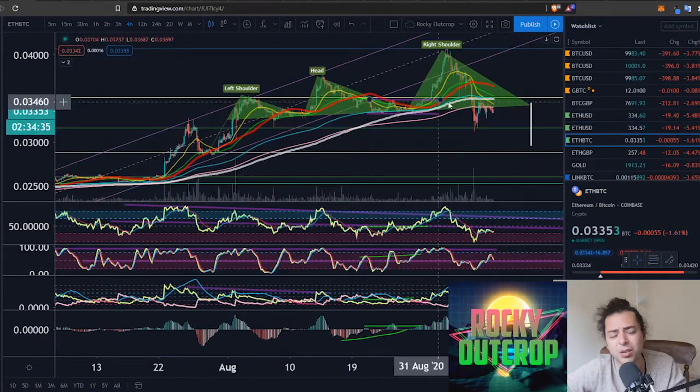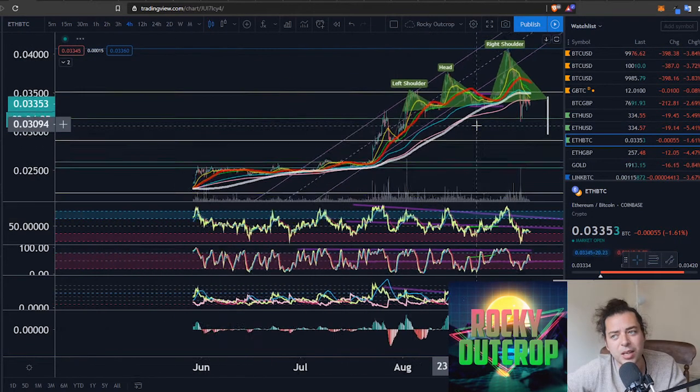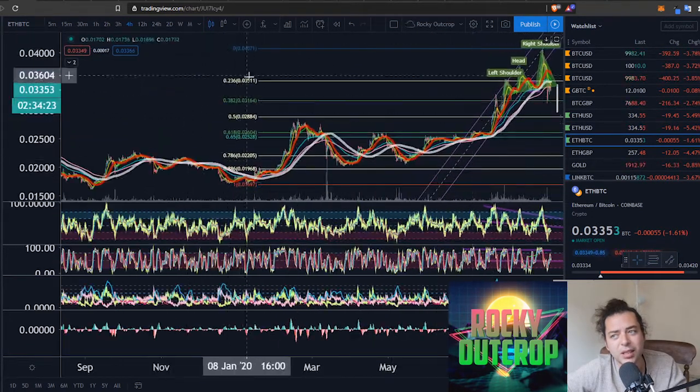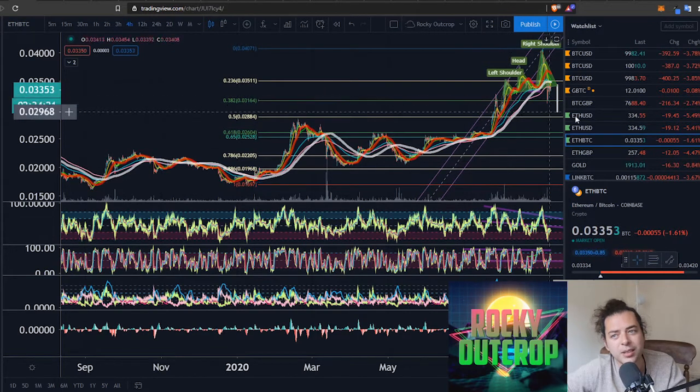Sorry, let's go back. I'll go back to the pitchfork at the end of this episode. But are we looking here towards these things? What we have currently is we've come down and touched this 0.382 Fibonacci retracement point in here. If I scroll over to the left, you can see the labels on these things. Now, if we were to go on past these, the two targets towards the lower side would be 0.02, well, 0.028,